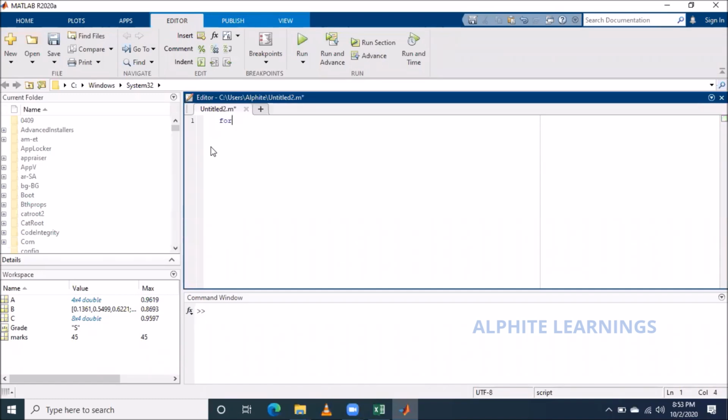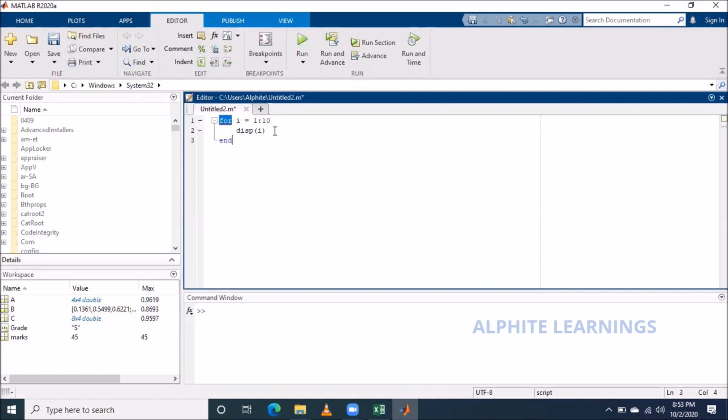I'll just start with a basic example. I'm creating a variable called i. I say i values are 1 to 10, and I'll say only display i. So every time until I get to 10, it will get displayed, right?